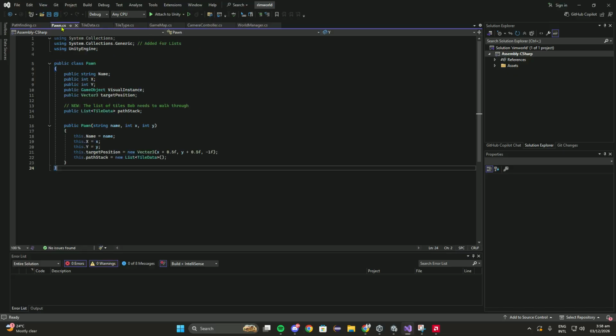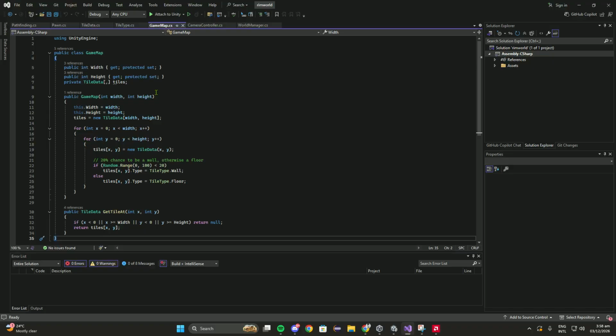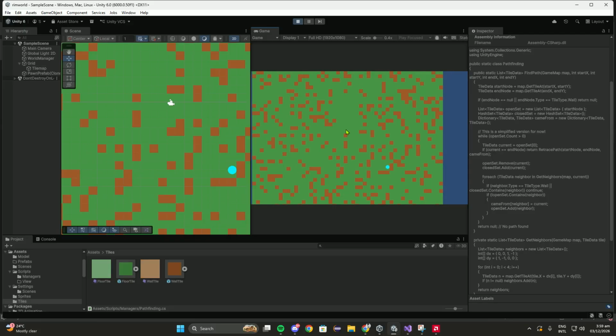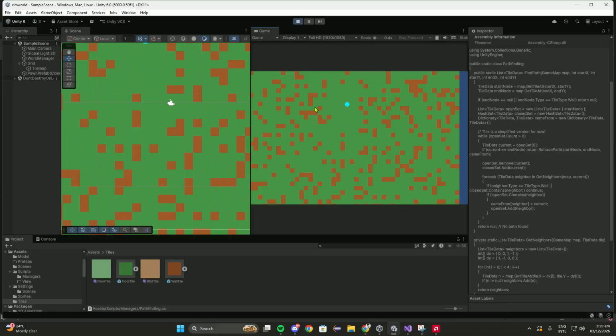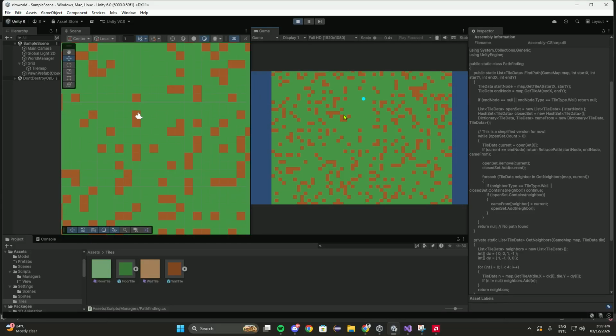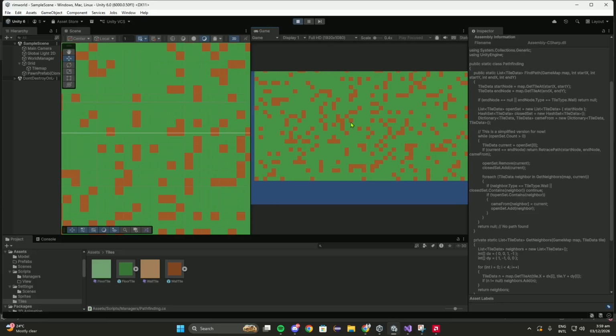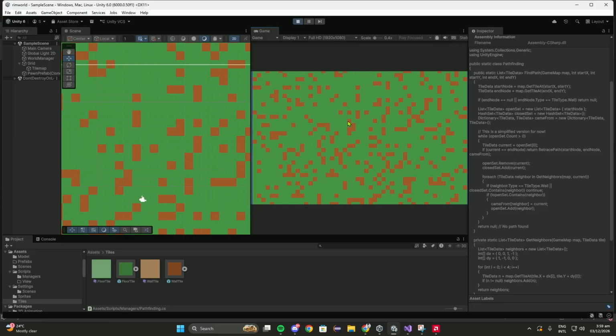Then this is the pawn. For your game map, we have a 20% chance to be a wall, otherwise a floor. For every grid it steps on, it will randomly decide if there's going to be a wall. I am still testing this out, because there will be randomized terrain for every run you make on this game. For every run, it's going to be completely random. So I'm still testing it out.